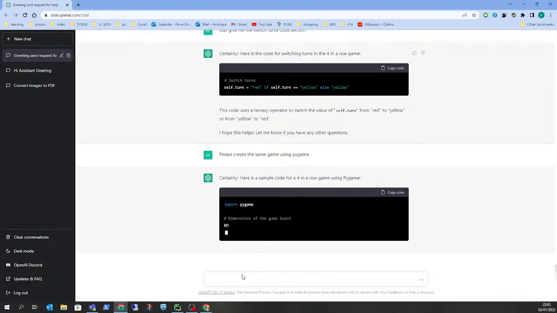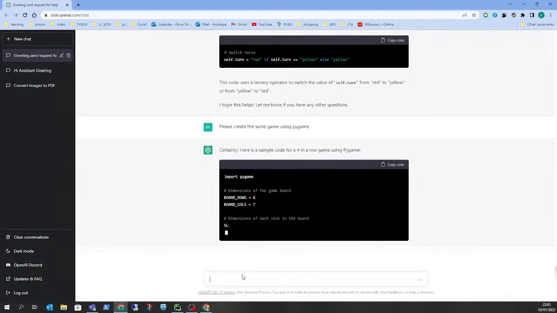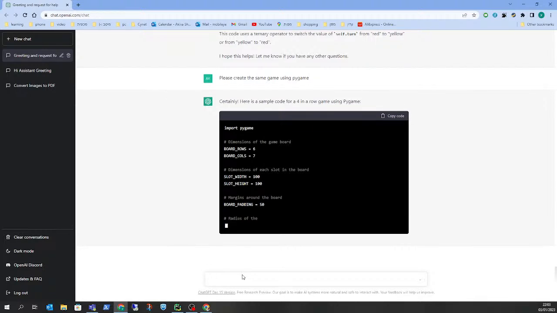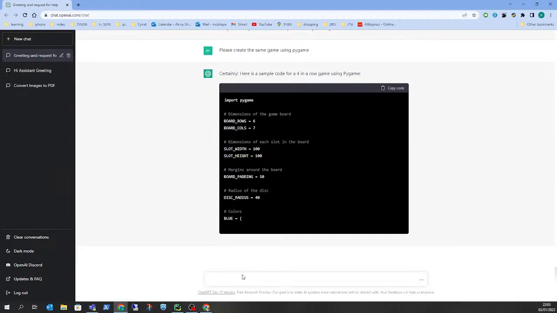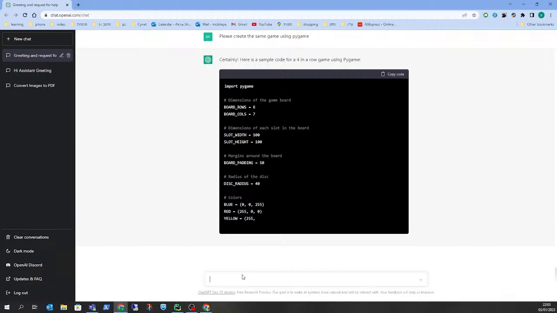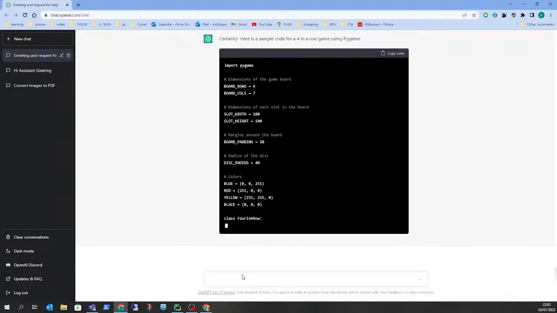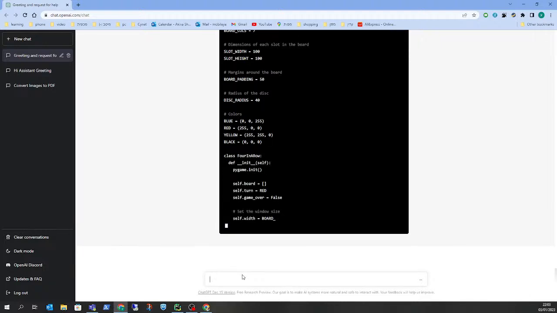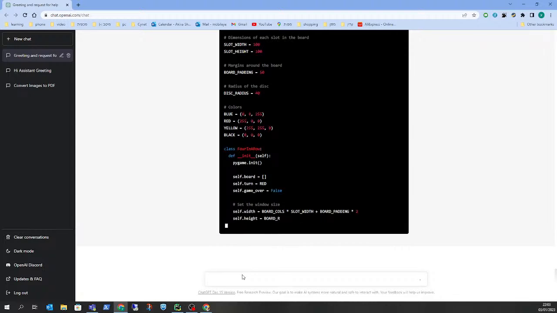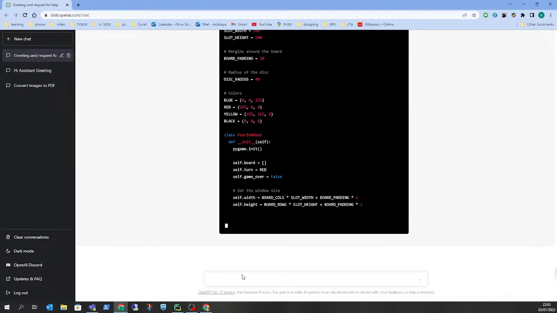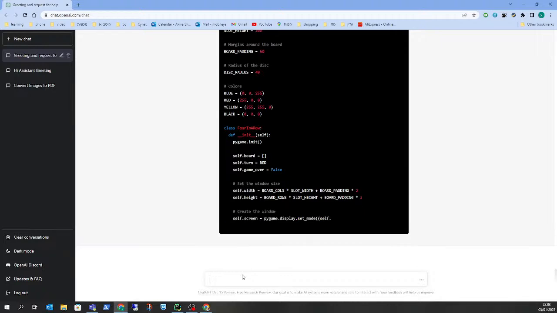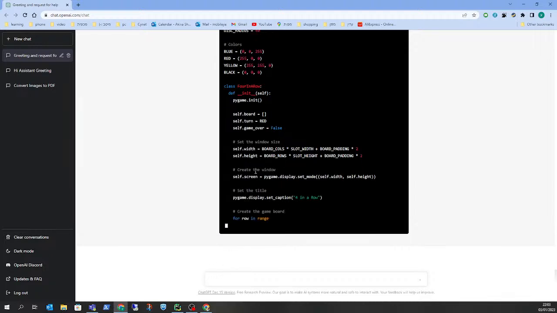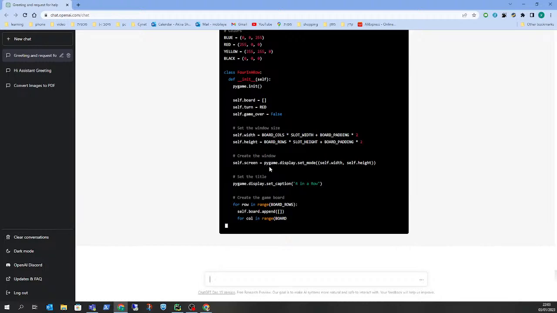Yep. So it imports Pygame. Pygame is a package which has support for a lot of games. So it would just build, and most of the code will be just in Pygame itself. These are only definitions of the colors. Okay, 4 in a row. So just the code looks a bit different. As you can see, it's still building the window size, creating the window. And the created window already uses the Pygame display library.